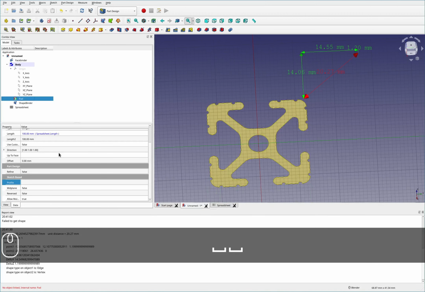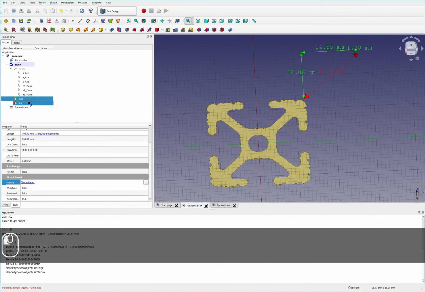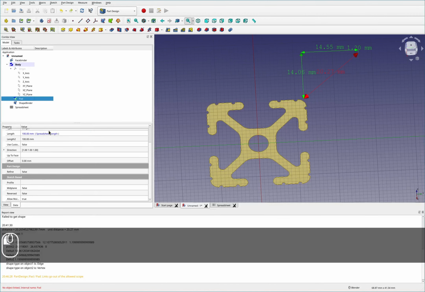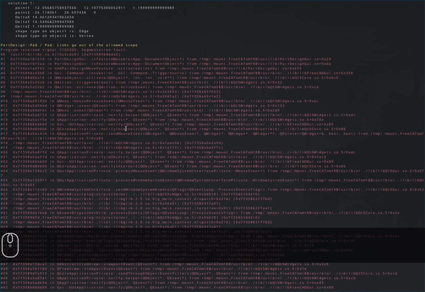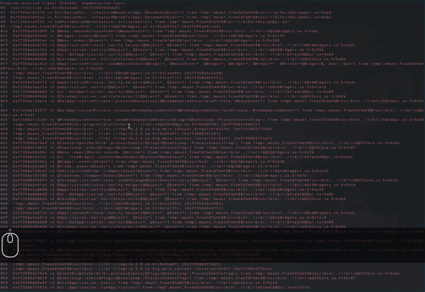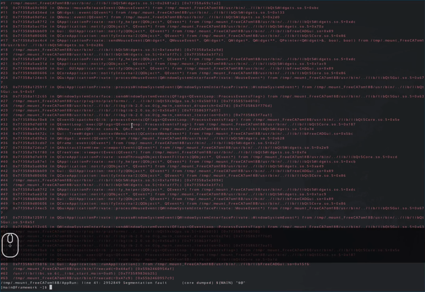take this pad here and change this to be shape binder. Let's see, and I will use this move object after other object to, oops. Looks like we got a core dump. So maybe somebody can think about what this means. But